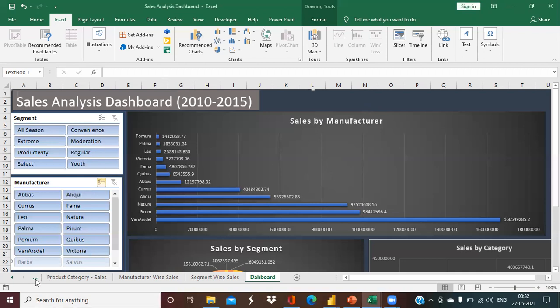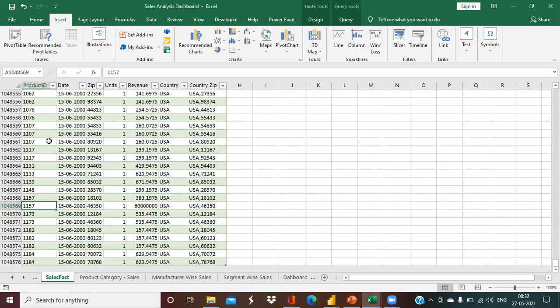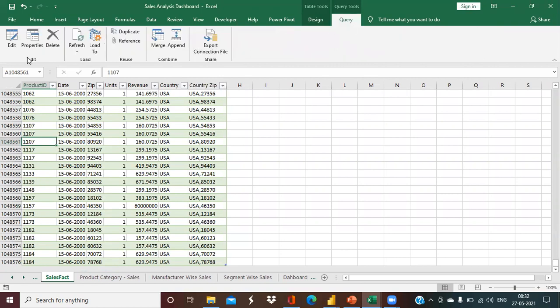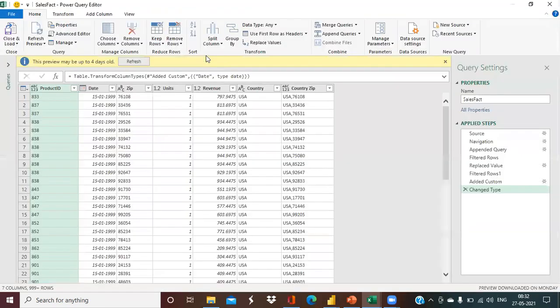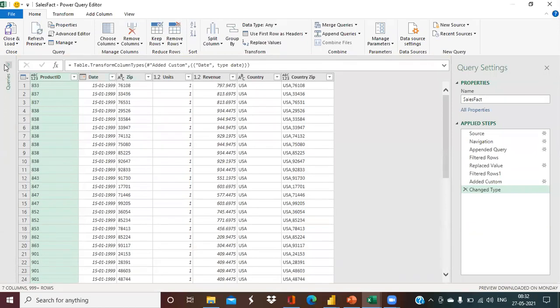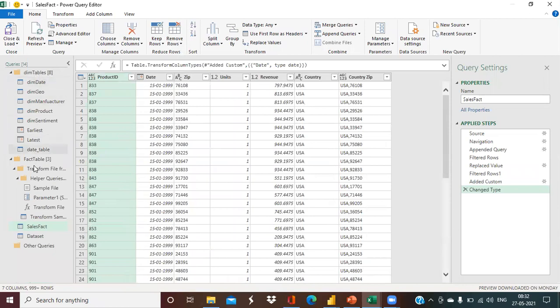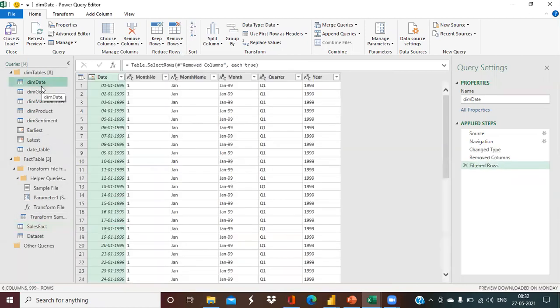So first, we need to go to any of the tables of your data set, go to the Query button and click on Edit. It will open up the Power Query Editor window once again. And if you go to the queries option, you will find all the queries which we have loaded here till now in the data set. So if we see this dim date,